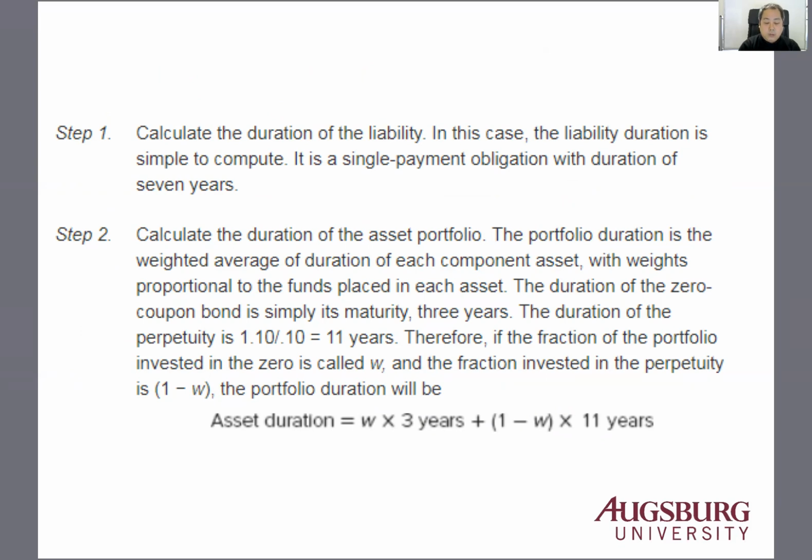So we basically try to find the duration equal to 7, right? Now calculate the duration of the asset portfolio. Now, the one is the zero coupon bond, 3-year maturities, right? So 3-year maturity, zero coupon bond, the duration equal to 3. And duration of perpetuity is simply (1 plus y) divided by y, because it's 10%,